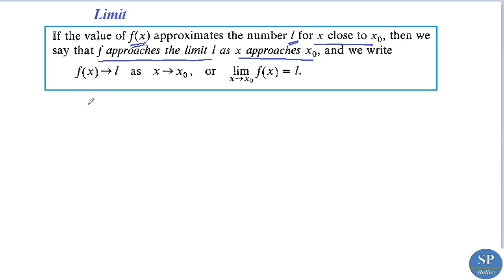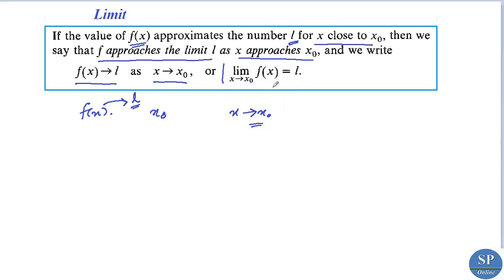That means, suppose we have a function f of x and x naught is a point. Then as x approaches x naught, f of x approximates the value L, and we can say that f approaches the limit L as x approaches x naught. In that case, we can write this as f of x approaches L as x tends to x naught, or limit as x tends to x naught of f of x is equal to